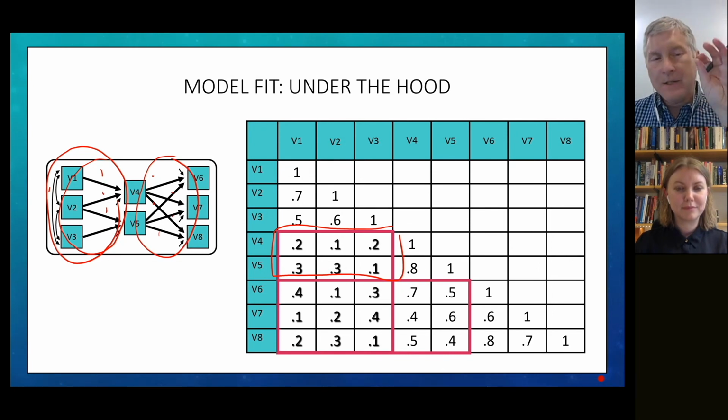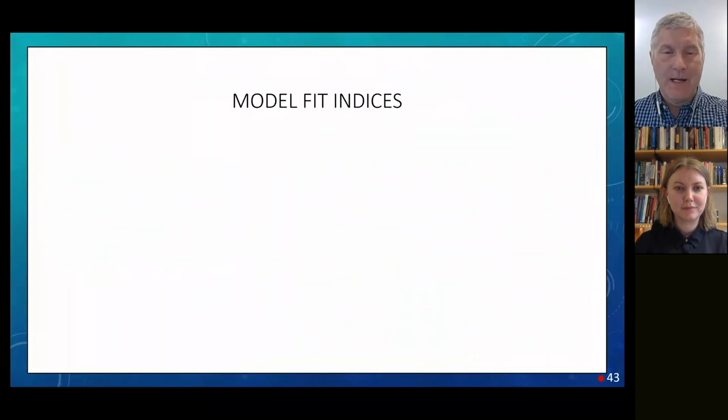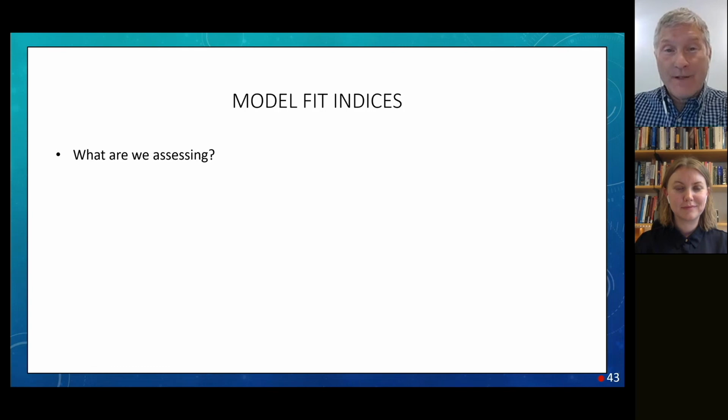So the idea again is picking numerical values, if at all possible, that are consistent with the data that we have observed. And in the end, have we done it? I don't know. There are a whole bunch of different fit indices that try to capture the extent to which the variances and covariances or correlations that you observe in the data are consistent with what your model says you should observe. That's what we're trying to assess the fit of.